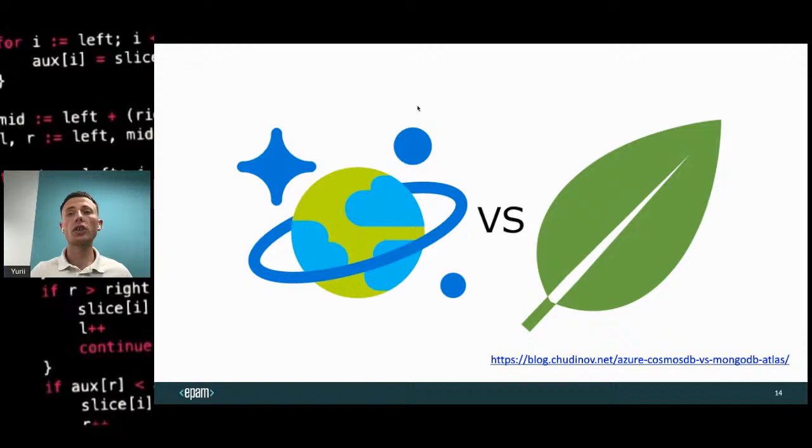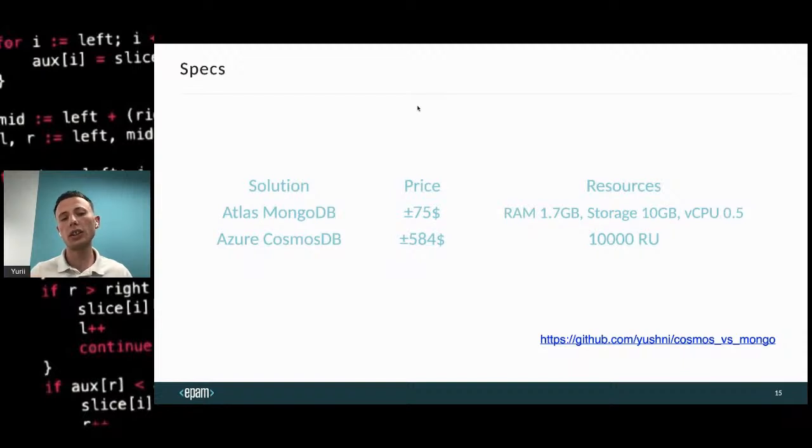I wrote the code and decided to test this. I created two clusters with Mongo and CosmosDB, with different resources and different prices. For MongoDB, it costs $75 to create a cluster fully managed by the Atlas team with close to 2 GB RAM, 10 GB storage, and half of the CPU.